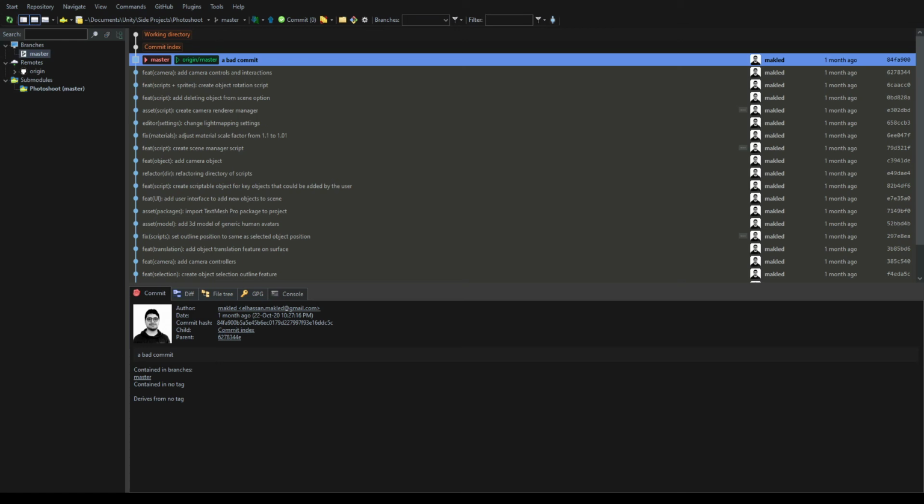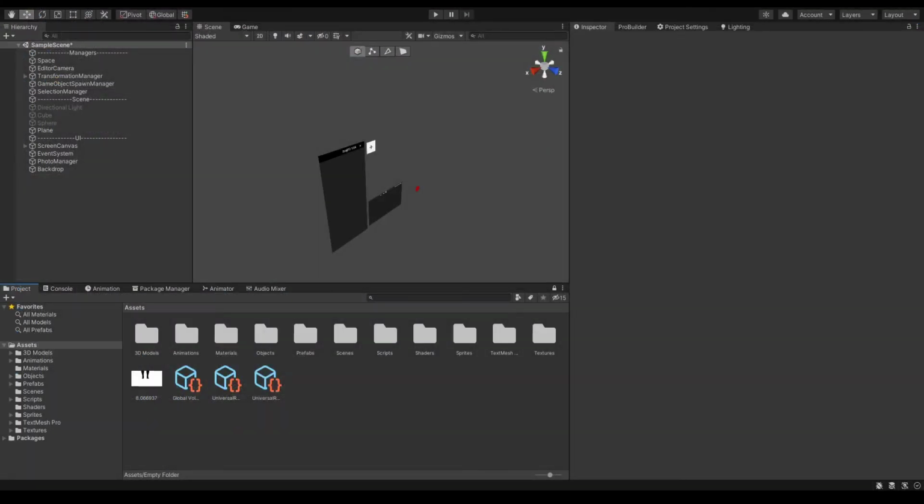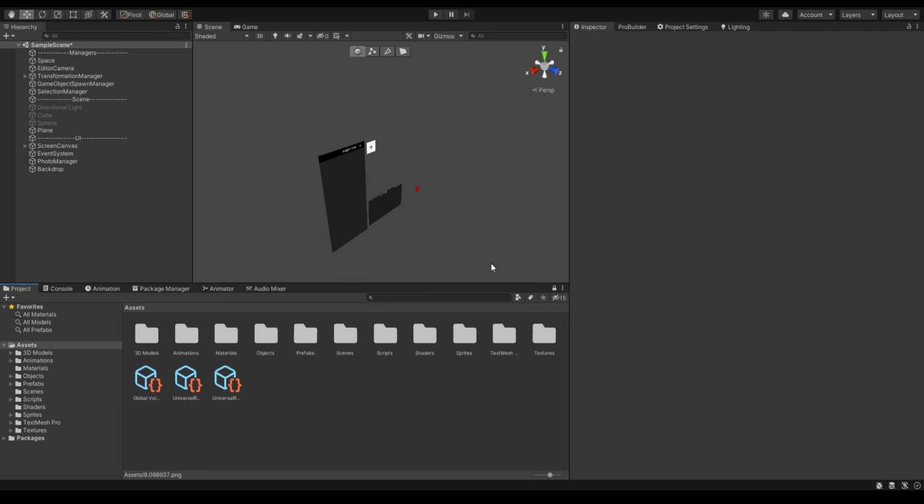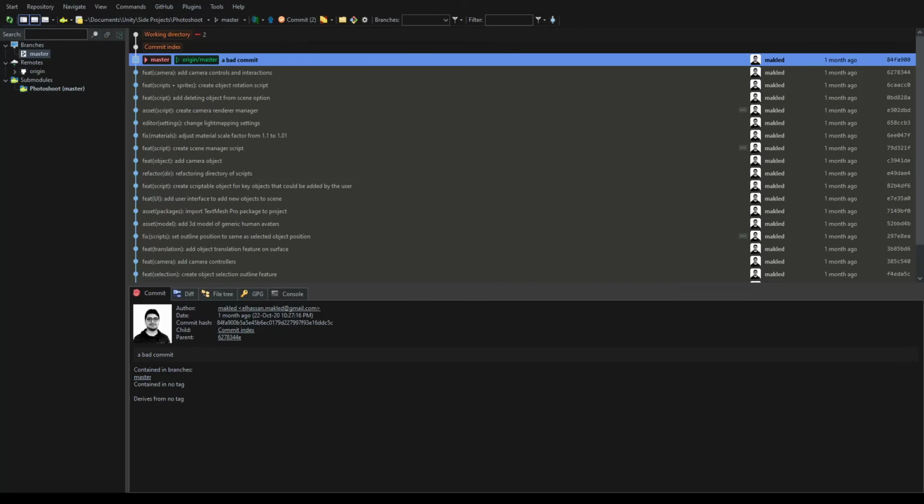So now the folder is gone in Unity. And actually, let's see how this works if we delete an actual file. So this file, this image of person's leg, is an asset, and of course it has its meta file. Now if we go to Git extensions, we can see that there are two changes that happen, and these changes are a deletion of the